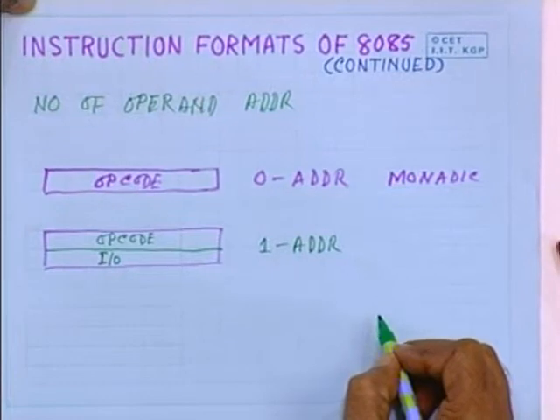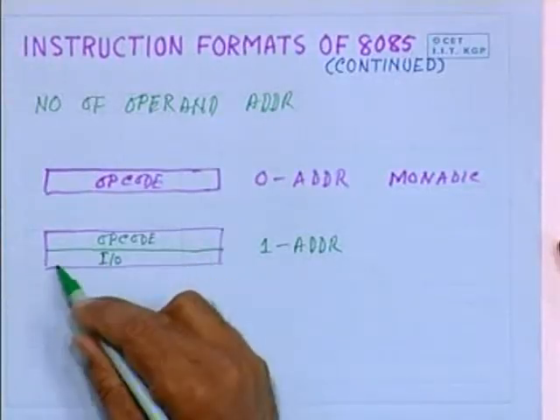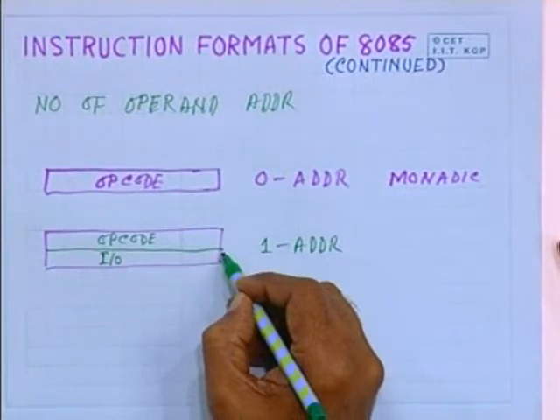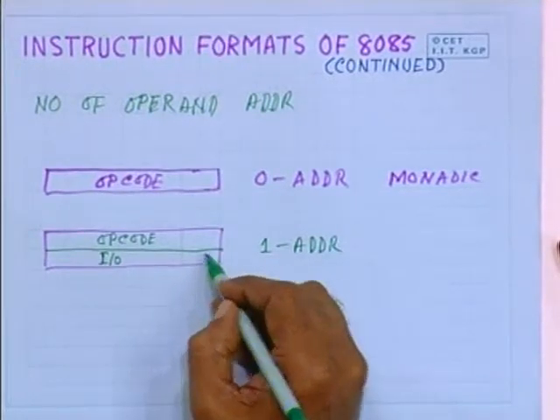As we shall see later on, the address of an IO location can be specified by 8 bits, because the number of IO addresses is 256. So that 8 bit address can be provided as part of this,